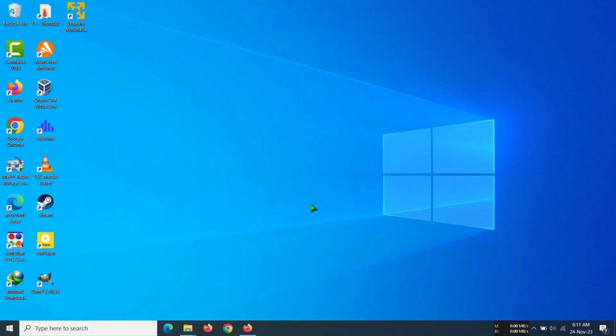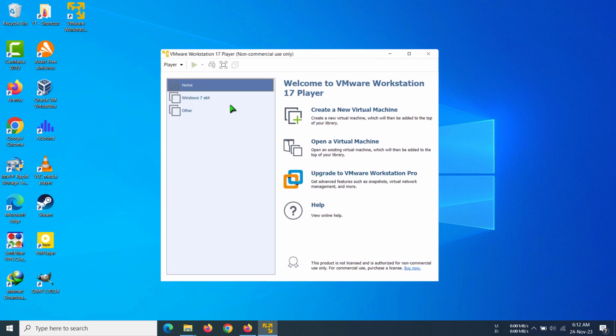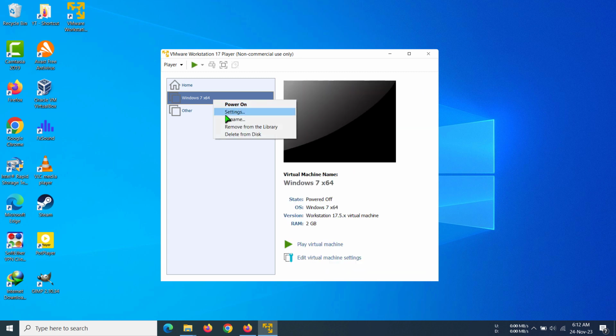Hi everyone, today I'm going to show you how to enable or disable internet access in a virtual machine on VMware. So first of all, open up your VMware, and after you have opened it, you can see that we have a virtual machine called Windows 7 x64, and I'm going to right click on it and then go